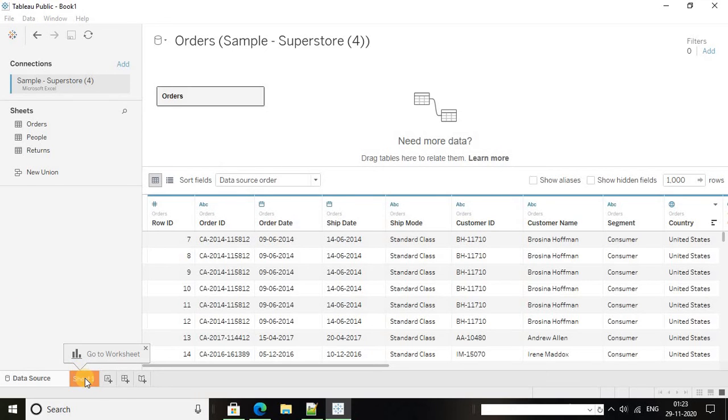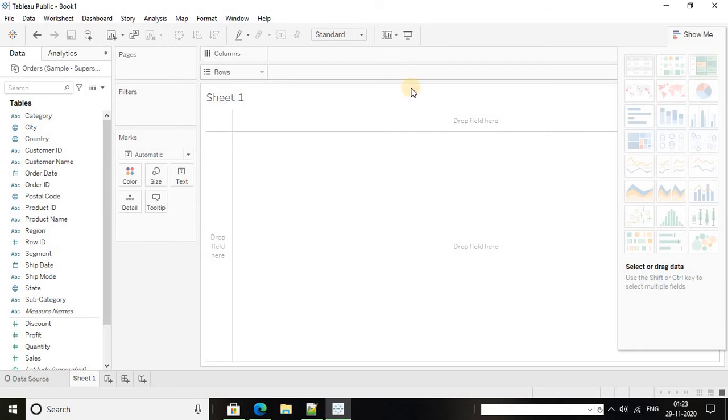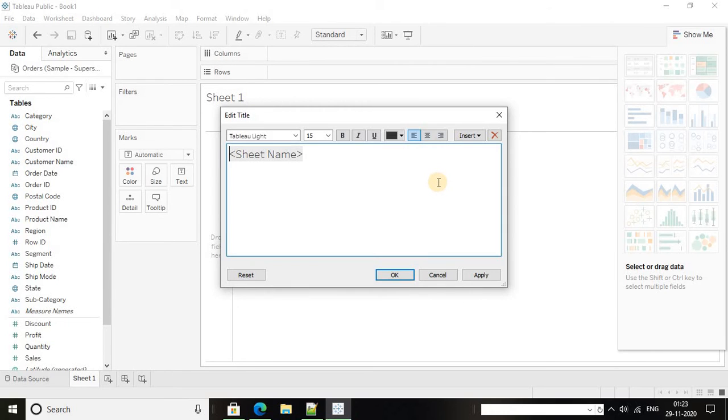Just press Sheet 1. First I have to change my title to category wise sales. Then just change it to bold and center.